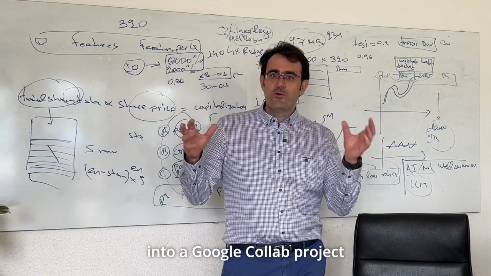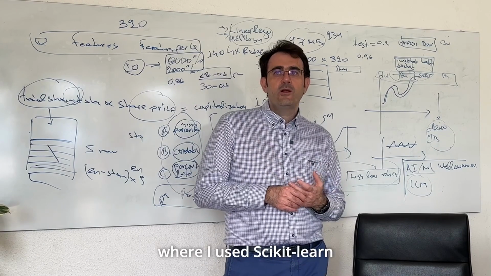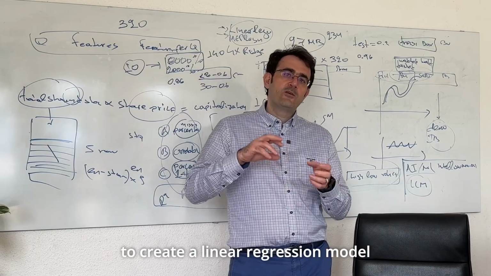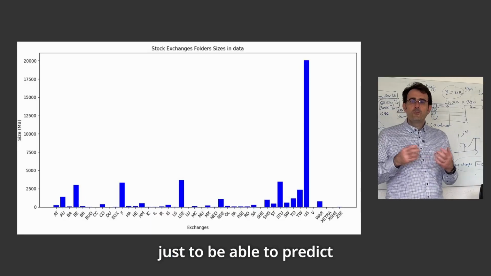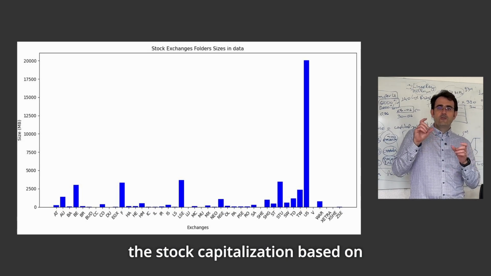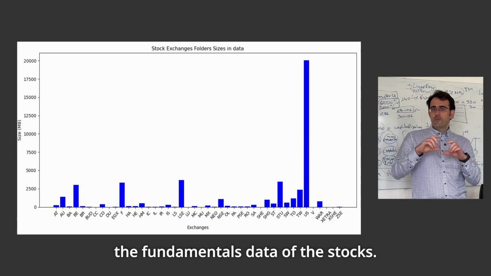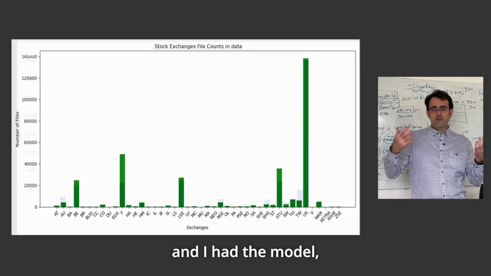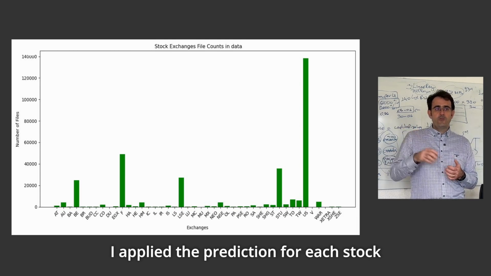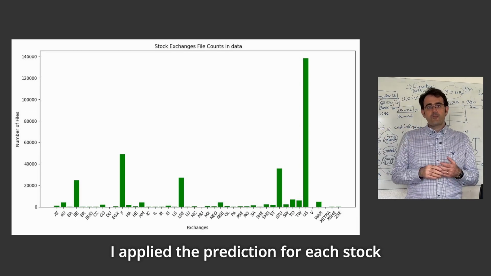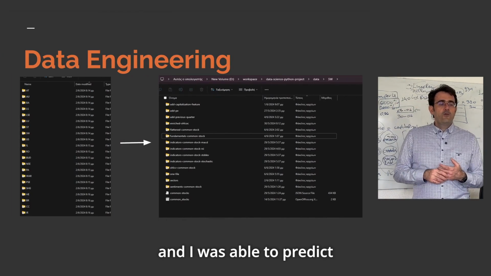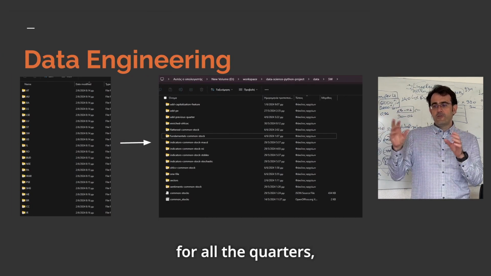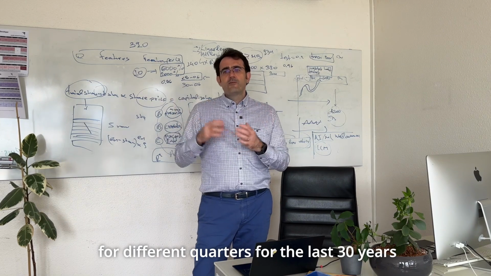a Google Colab project based on Jupyter, where I used scikit-learn to create a linear regression model so as to be able to predict the stock capitalization based on the fundamentals data of the stocks. And when I trained this model and I had the model, I applied the prediction for each stock, and I was able to predict the capitalization of the stock for different quarters for the last 30